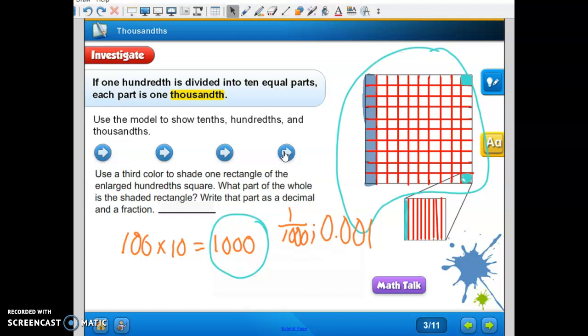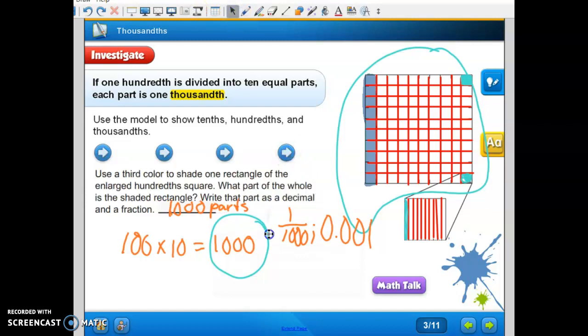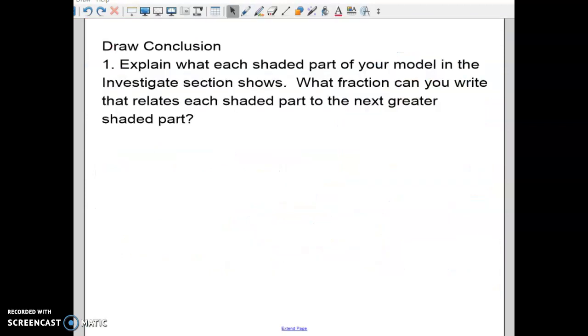Okay. So going back to this one, this should say 1,000 parts. This is C, should say 1,000 parts. And then D should have your 1,000th as a decimal and 1,000th as a fraction. Our conclusion on page 106 in the first question says, explain what each shaded part of your model in